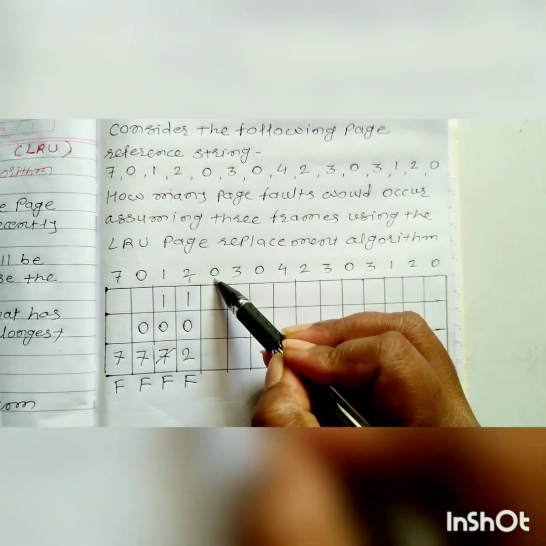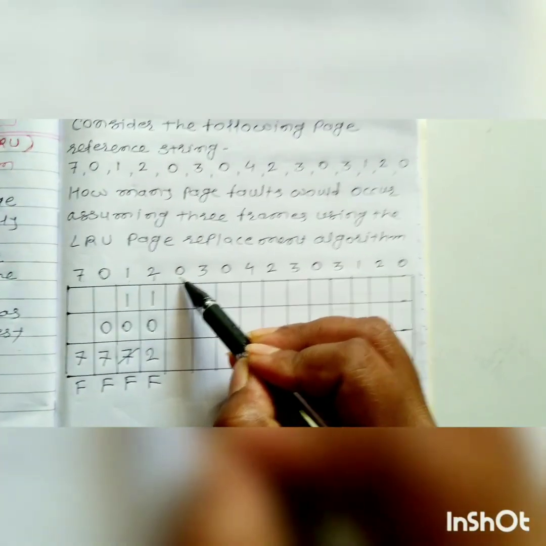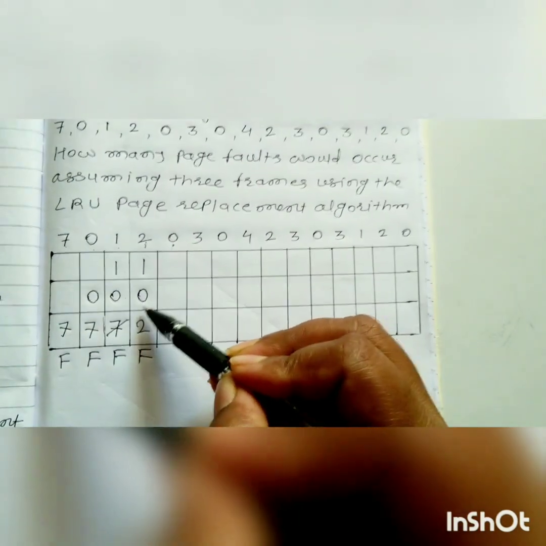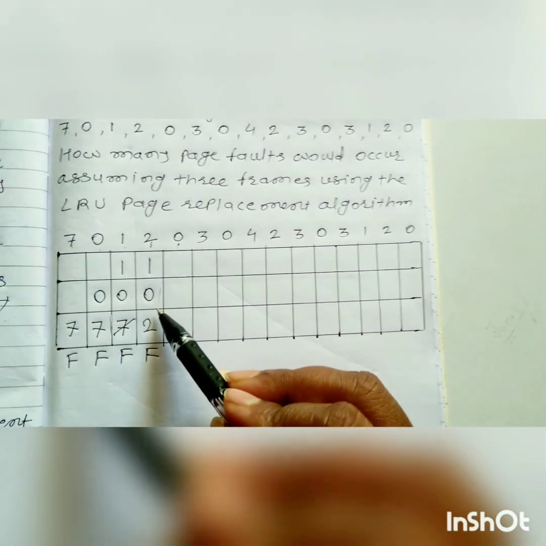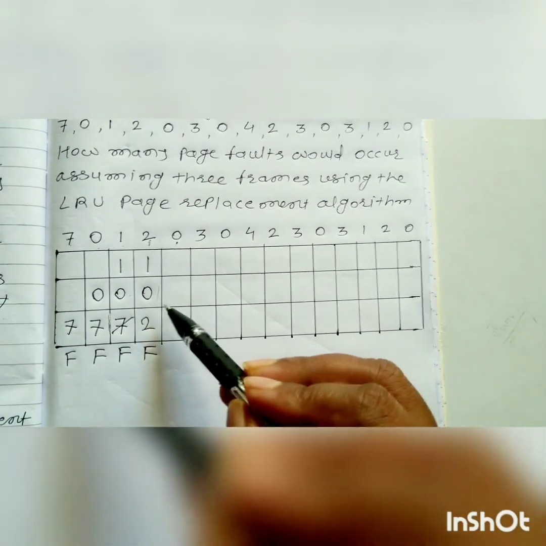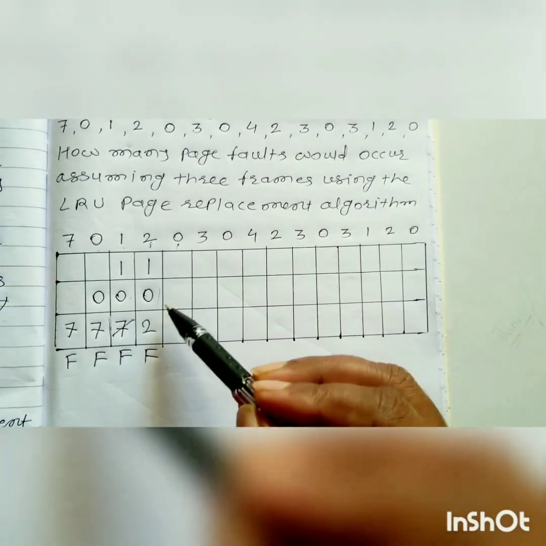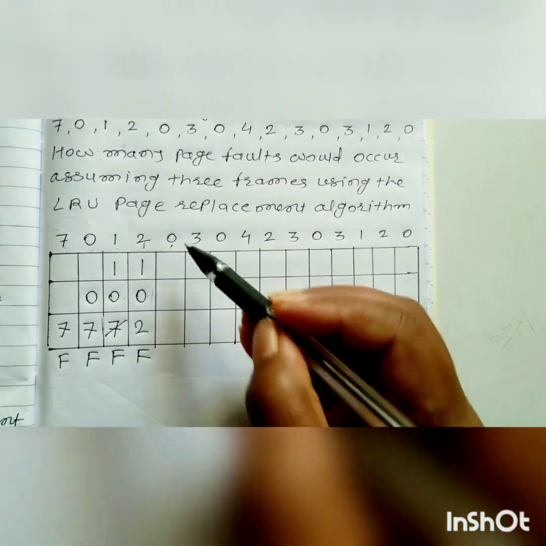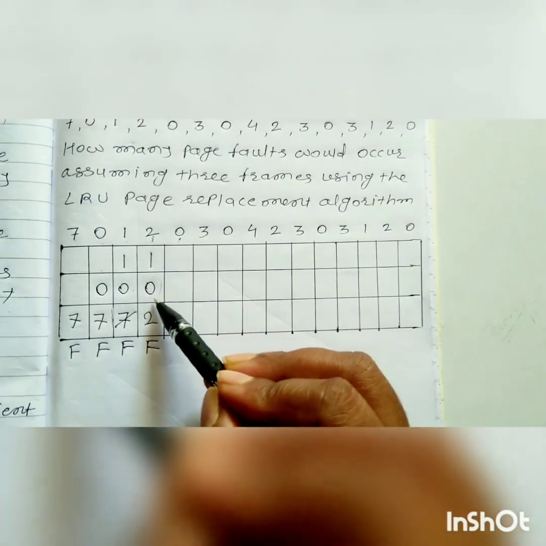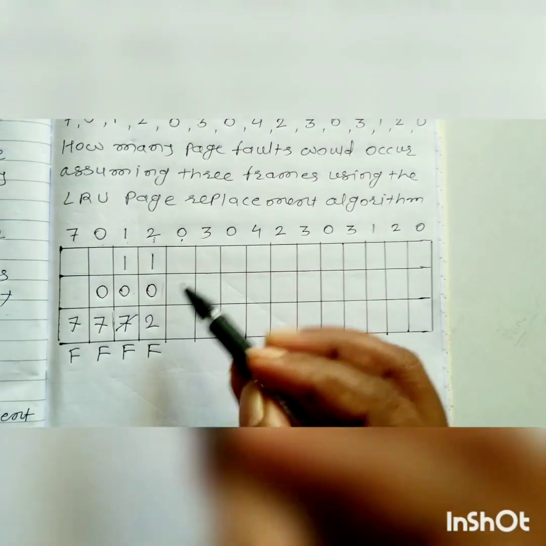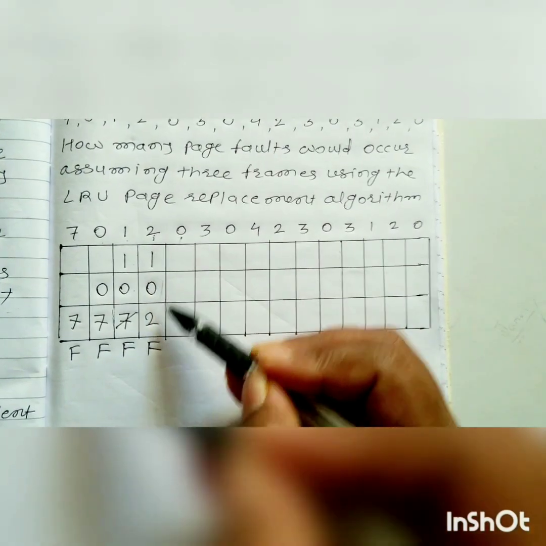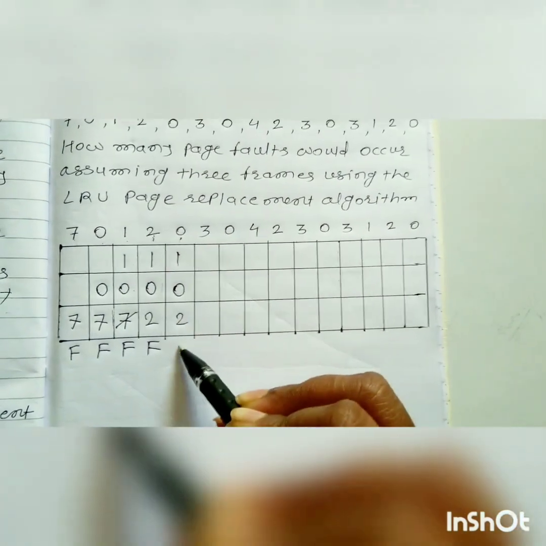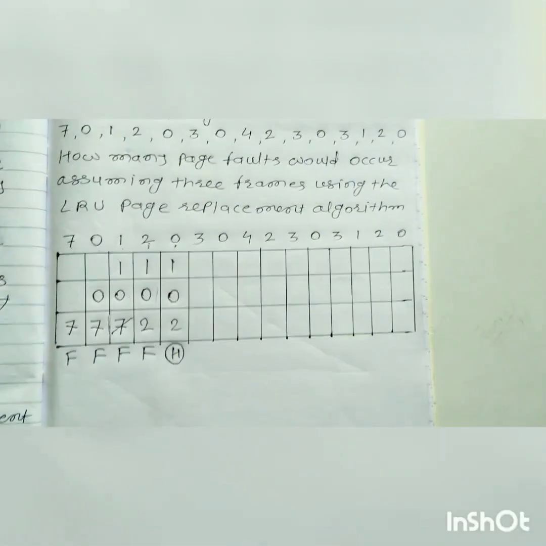Okay, now the next page you have to insert in the main memory is 0. Now if you see the previous pages, this 0 is already there in the main memory. As you already know, whenever the page you want to insert is already there in the main memory, that is known as a page hit. You want to insert this 0 and 0 is already there in the main memory. So what you have to do is keep the same pages as they are, and this is known as a page hit.